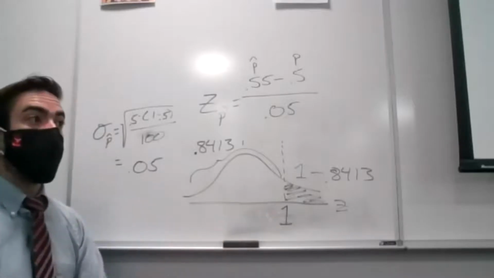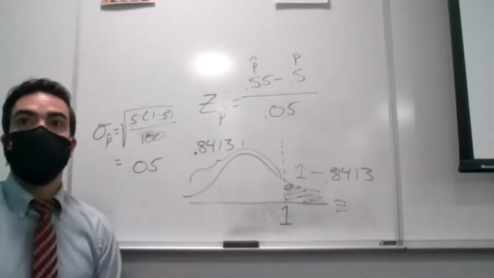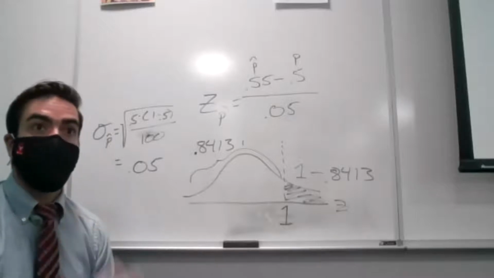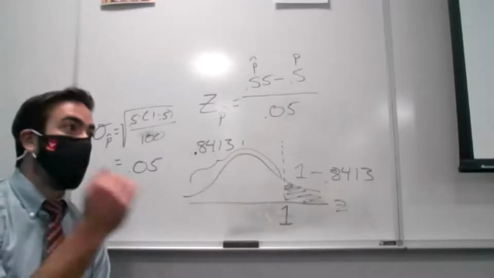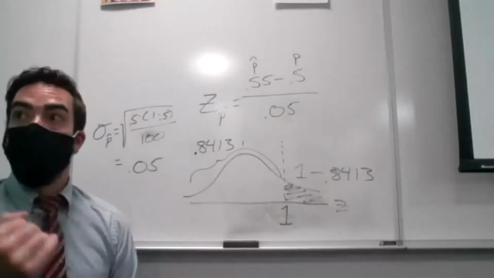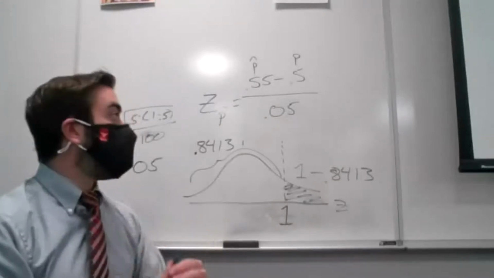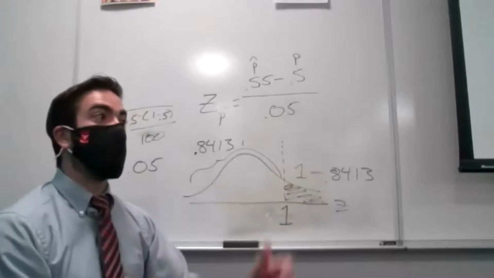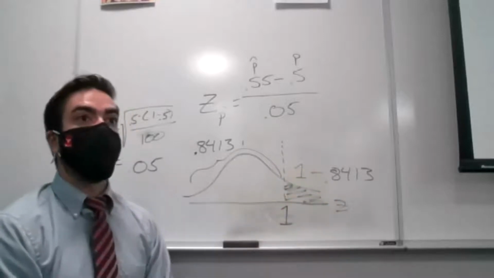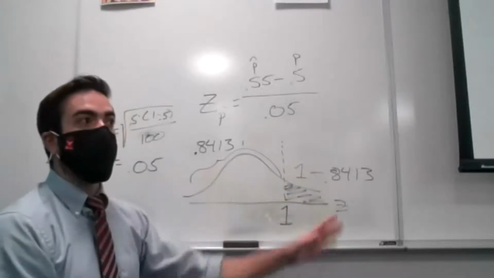You'll get the same z-score of 1, and then from there it's the same steps that we've been doing the last couple of class periods. Once you have the z-score, you go to the tables, you find the relevant probabilities, and then sometimes we have a little bit of extra work to do, like here we had to subtract it from 1 because we wanted that area to the right of that z-score.